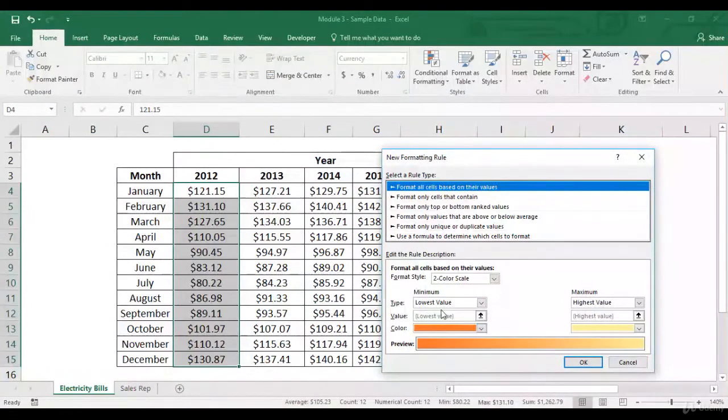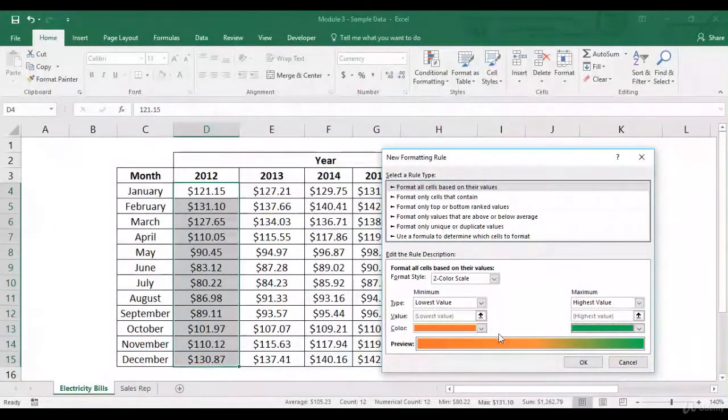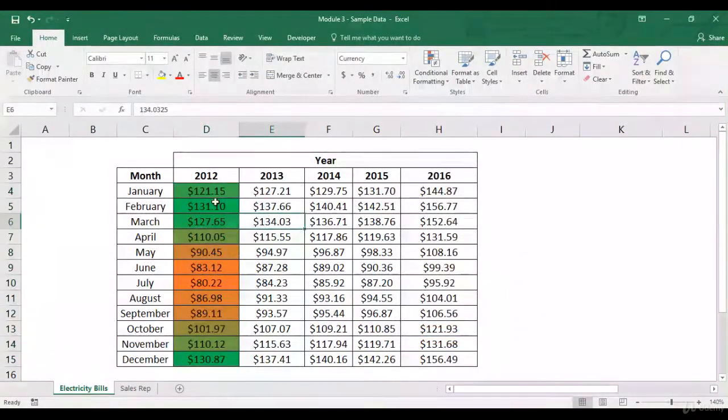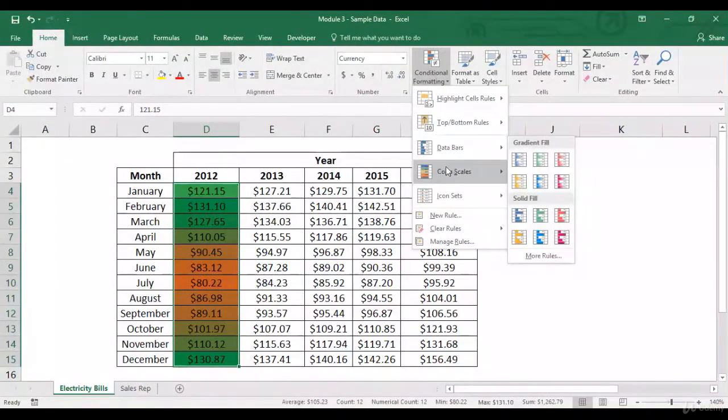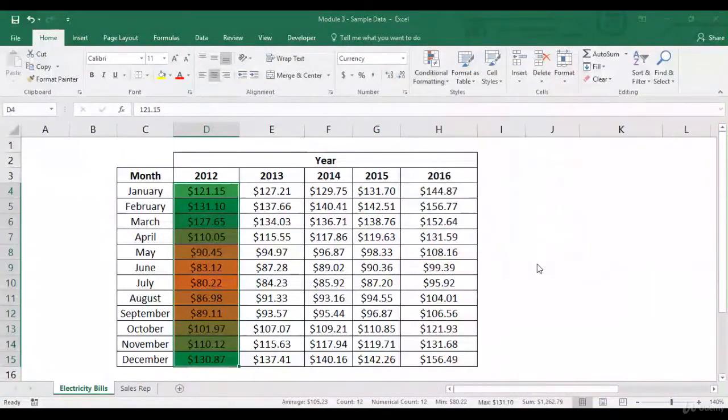So over here, the lowest would be colored with amber. Let's say I want to change this to red. So this will give me a two color combination or two color scale. And this is very much similar to what we had looked at when we were looking at color scales. Those are three color based. Over here, this is just two color based.